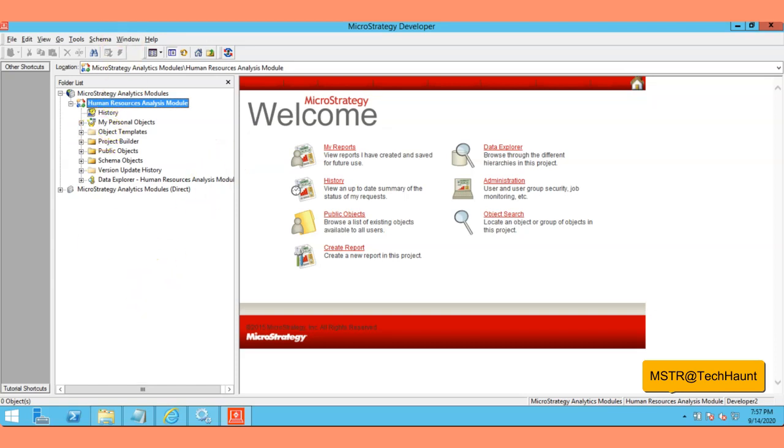Welcome back to MicroStrategy Administration class, and in this video we are going to learn project level security. At the project level, we have two types. As we already discussed in our last class, there is connection mapping. You have the connection mapping options at the project level. You can create the connections at the project level, and then you can assign the permissions, right?